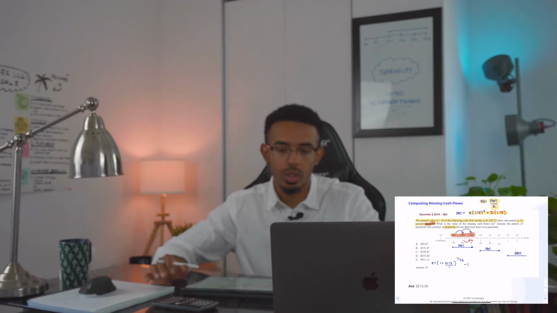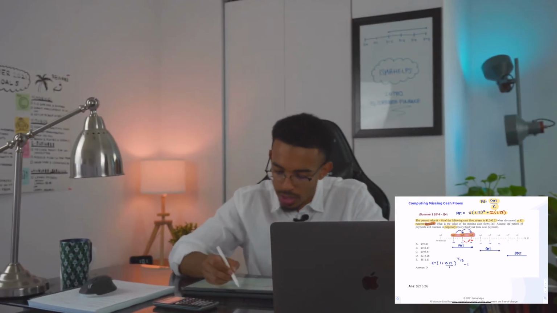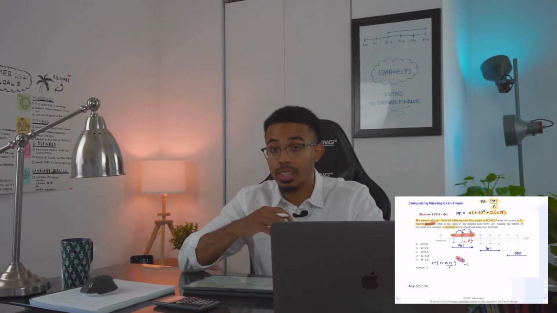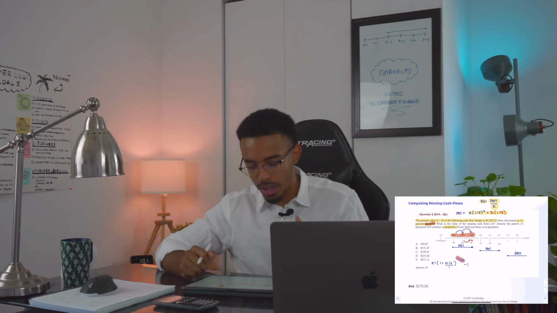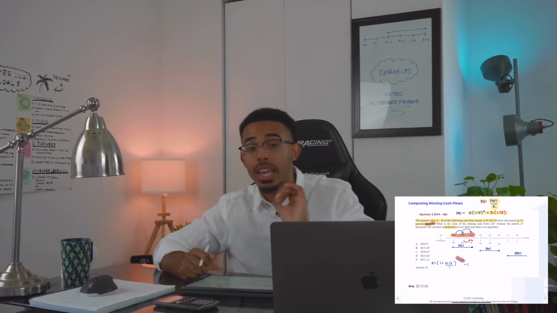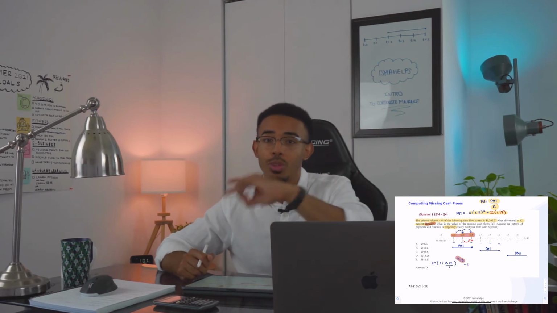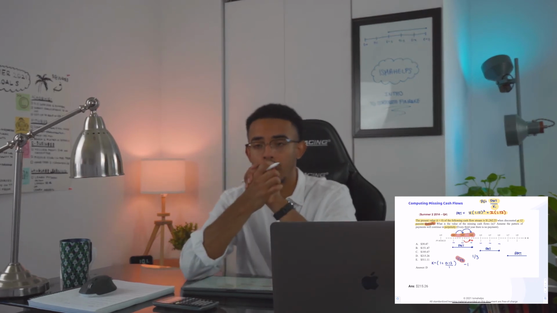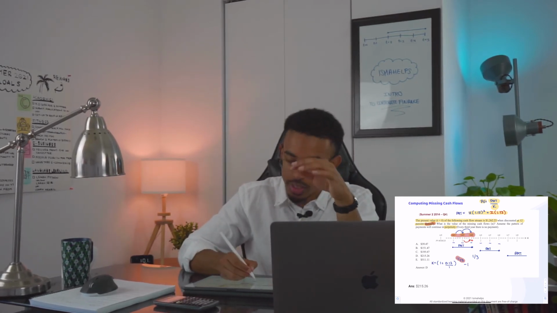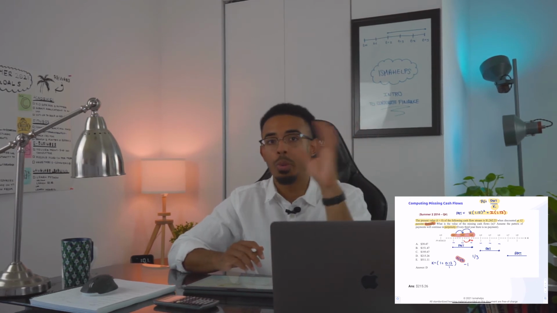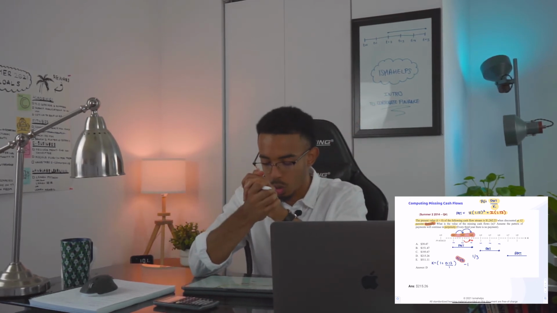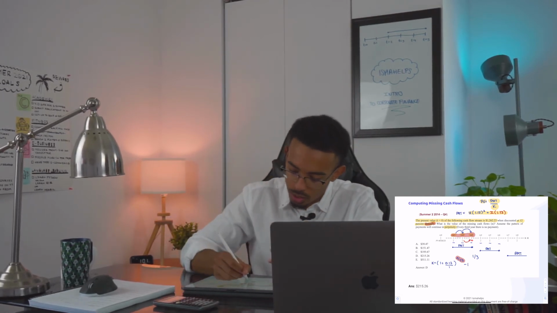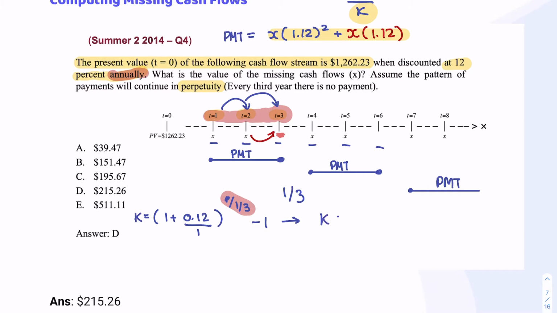Okay, that's the formula. The reason I'm saying this is, if you remember your APR formula, all you need to know is that this is the different factor, because we're compounding once every 3 years. We are compounding once every 3 years, so we have 1 over 3. And when we use our APR formula, we need to place our first set right here as 1, and then put it over the compounding period. In this case, because we're looking at one compounding period over 3 years, we get the following, okay? We get k equals